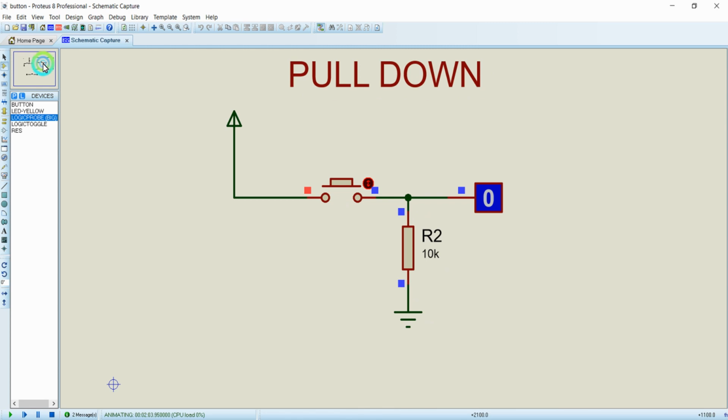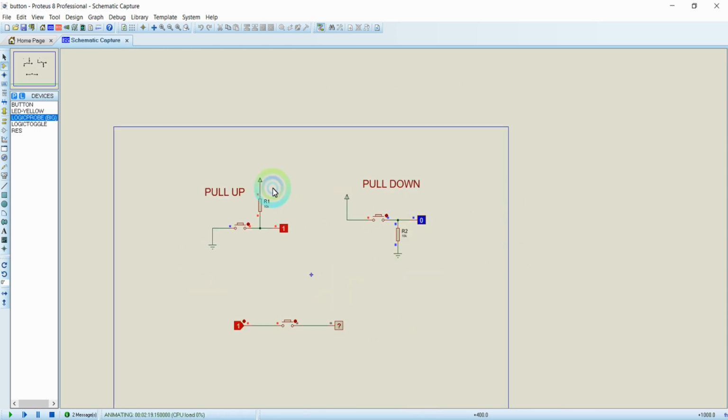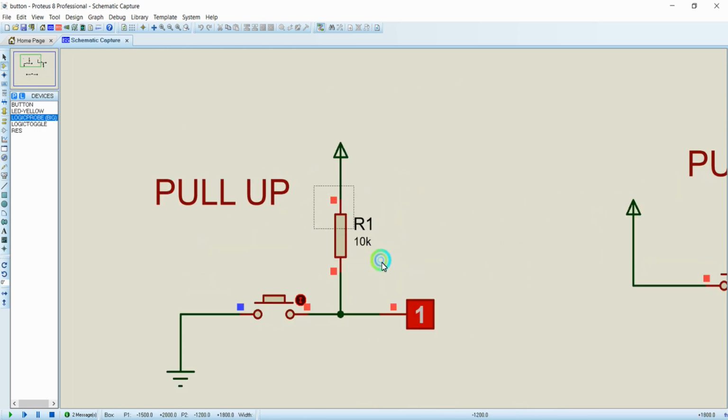Now let's try to understand the pull down logic. Pull down is the vice versa concept of pull up logic. Here you can see one of the terminals of the button is connected to the 3.3 volt signal, and the other end of the button is connected to the GPIO, and the same end is connected to the ground through a 10 kilo ohm resistor. Since this resistor is pulling this line to low, it is named the pull down resistor, and in pull up logic, since this resistor is pulling this line to high through the power source, it is named the pull up resistor.